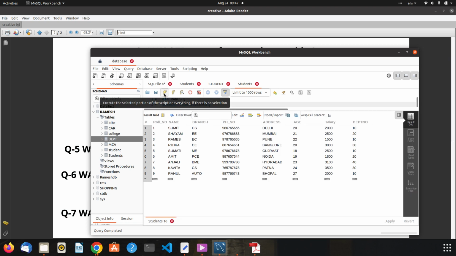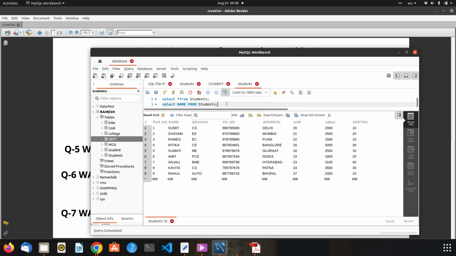You can see roll number, name, branch, phone number, address, age, salary, department number. So our first question is to display name from student table. We want to print the name, so we write select. What will we select? Select name from student table.